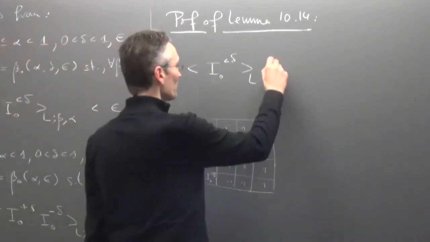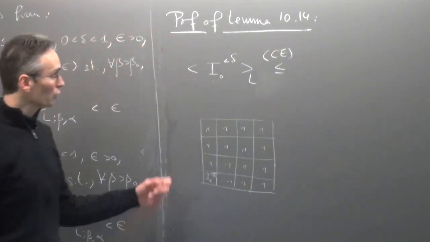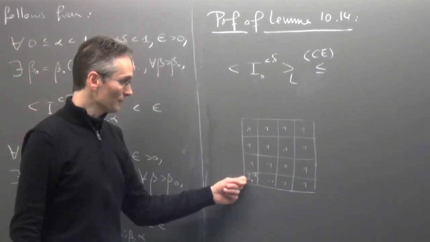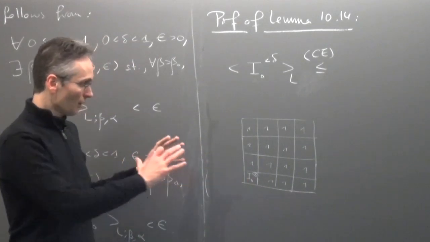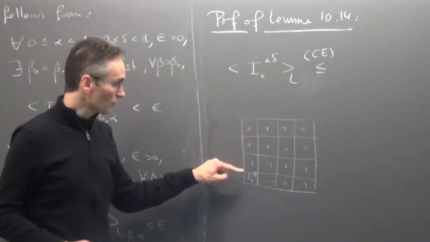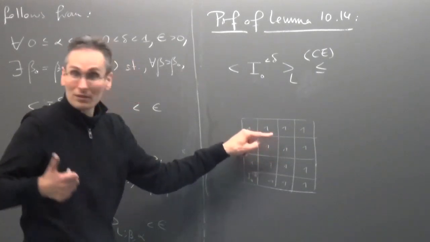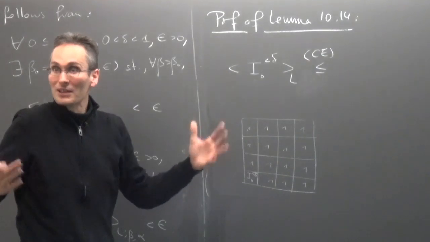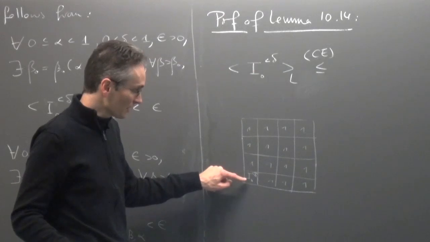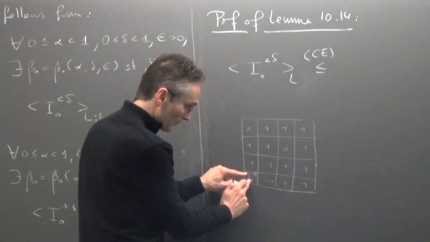Then I can apply the chessboard estimate. Chessboard estimate, what does it tell you? It tells you that you get the product over all the functions which appear in the left-hand side. So you take the product of all these functions of the expected value of what you get if you reflect the function you have chosen everywhere on the torus. So I get for all these guys, except for the one at the bottom left here, all these other guys, they are just giving me 1s. So the expectation value of putting 1 everywhere is just 1. So this doesn't give me anything. The only guy which gives me something non-trivial is when I take this guy and I reflect it everywhere. What I get is the same condition because the reflection of this guy is itself.